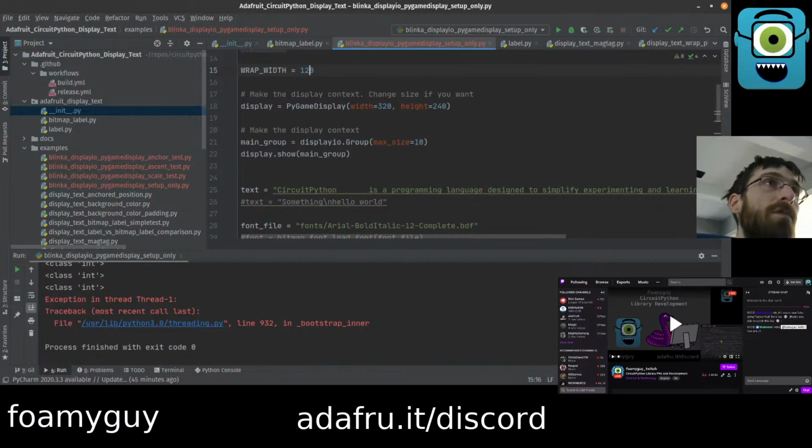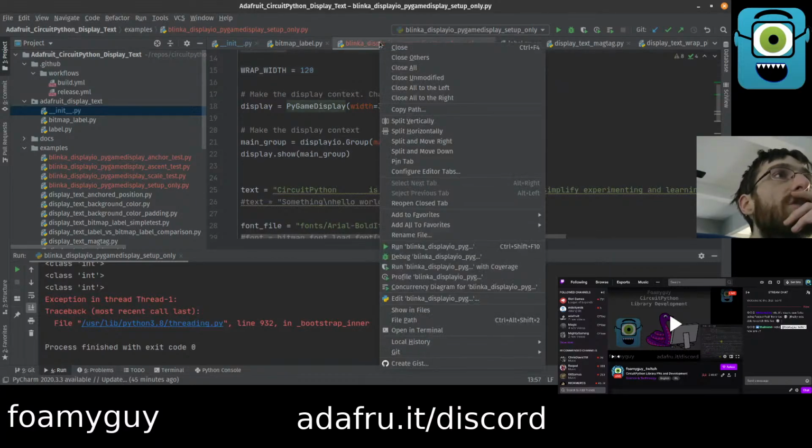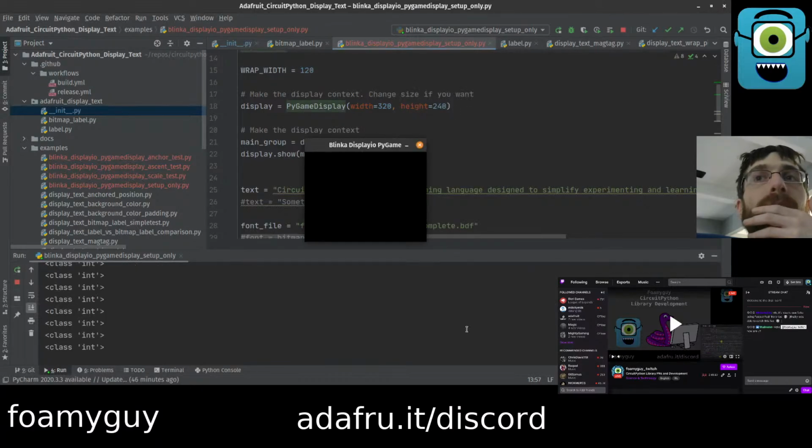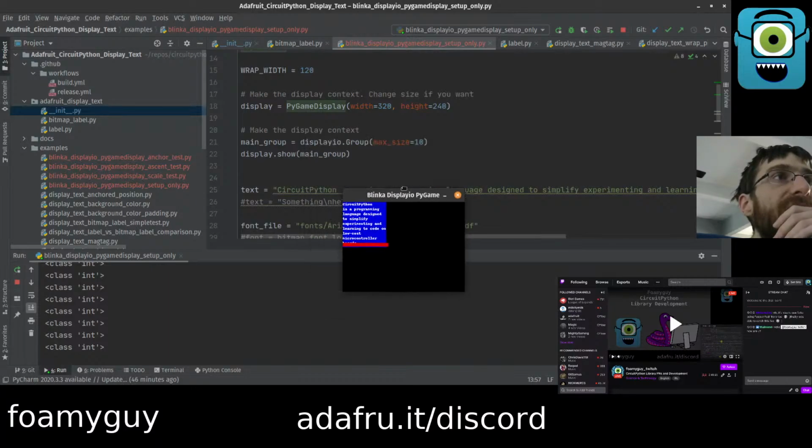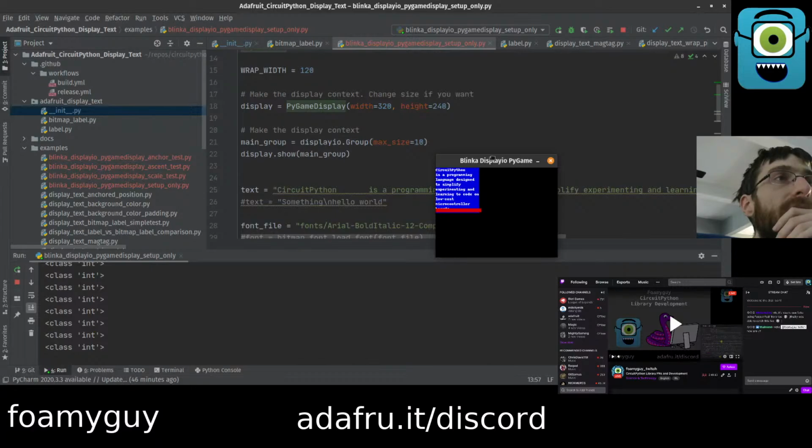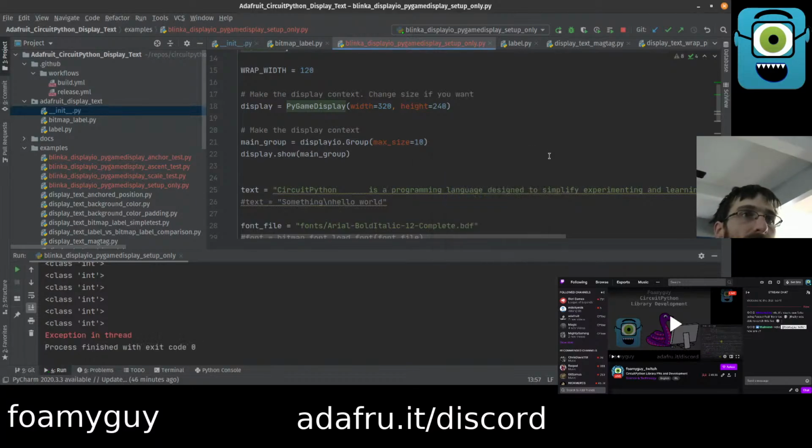120 will give us room for another word on the first row, possibly? No. Because of the extra spaces, there's not enough room for the word on the first row, which then makes it so you can't really tell the spaces are there. I guess that's the thing: if you do use the spaces and they happen to fall at the end of the line, then there's no visual indication that they're there. So it's kind of the same thing. I'd probably recommend people not to use them, but if we can try to hang on to them, that's nicer to do for sure. So let's put that back, and let's load this up with some more new lines